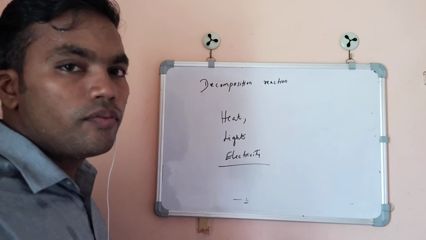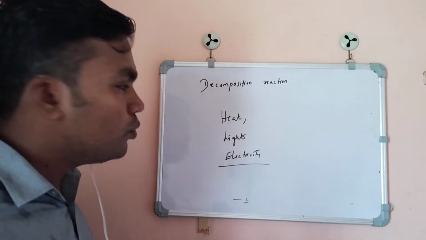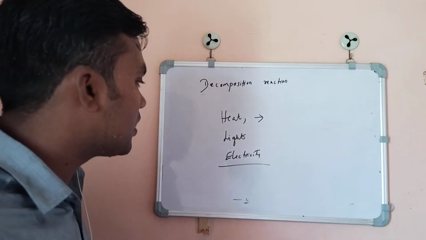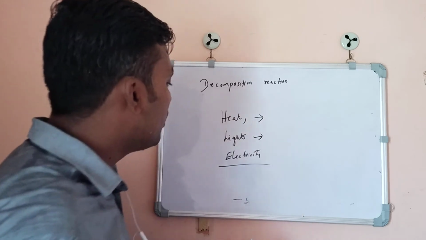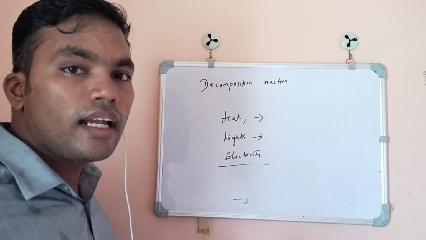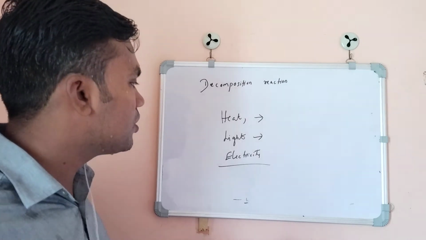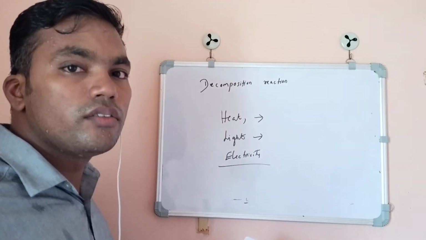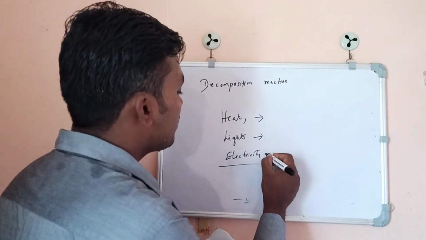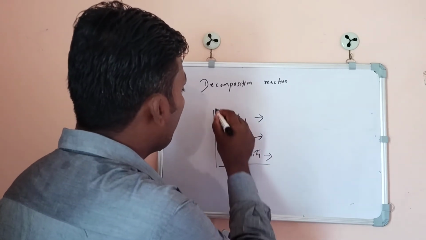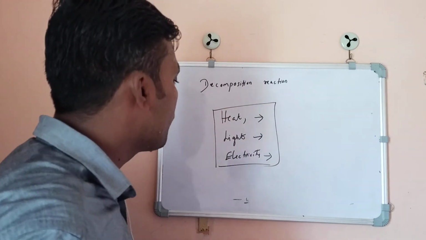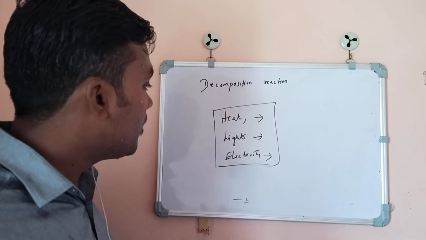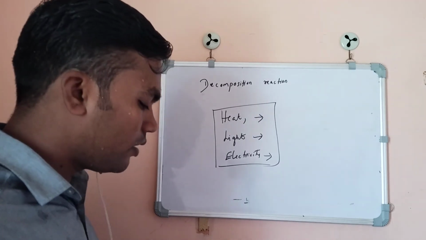In the first 5 examples we have used heat, which gives the energy to perform the reactions. In some examples we have seen the decomposition of silver bromide and silver chloride. We have done the reaction under light conditions. Some reactions have been performed using electricity. This type of reaction has been carried out using 3 forms of energy. To carry out any reaction, we need to give some energy that may be in the form of heat or light or electricity.